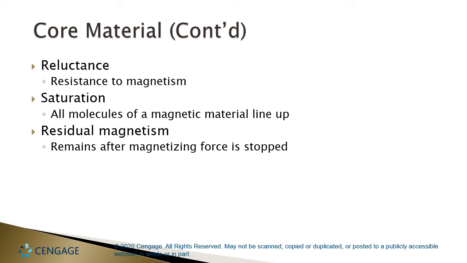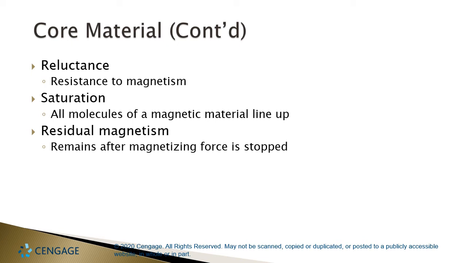Saturation essentially means that we have taken the material up to the highest strength we can in terms of its magnetic strength, and all the molecules within there are completely lined up. Right? So as you increase the strength of the magnetic field, more and more of the molecules are going to line up. Once it gets to a certain level where all of them are lined up,